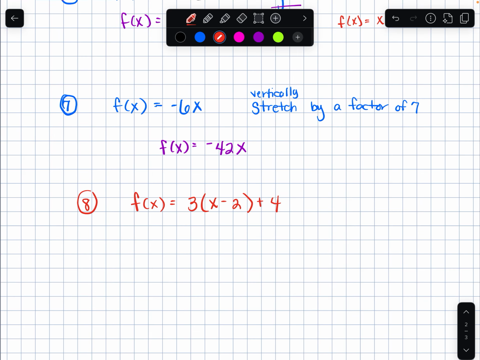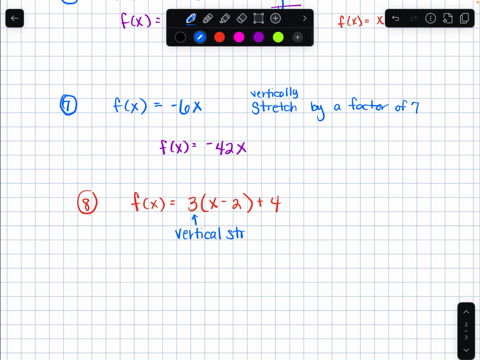What's going on here? I warned you guys that's going to happen, and that's super important. If you can look at an equation and say, this graph is doing this thing, then it's really easy to visualize. Okay, so first of all, we know it's being dilated. I'm multiplying the whole function times 3. 3 is a number that is bigger than 1, right? It's not the coefficient of x. That would be a horizontal change. It is in front of parentheses. So this is a vertical